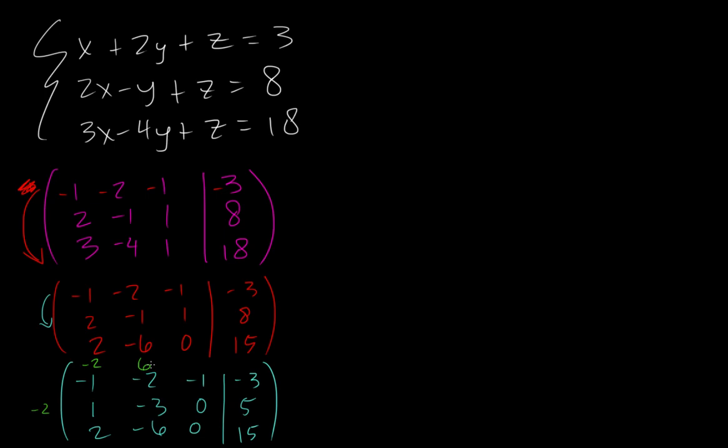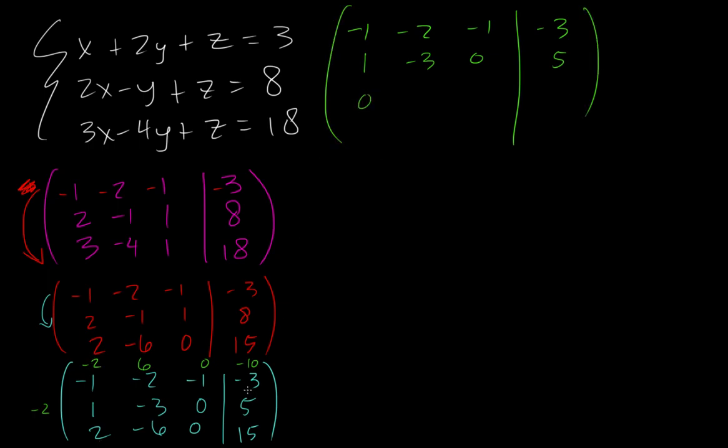Alright, so I think this one doesn't have a solution, actually. So let's try it and see just what happens. So that's 0 and then negative 10. So the top row stays the same. And then the second row also stays the same. And then the bottom row we're adding, so we get 0, 0, 0,